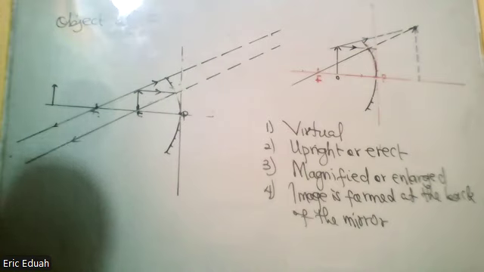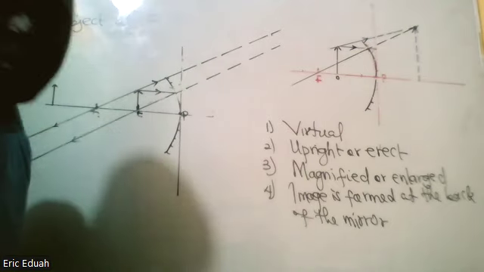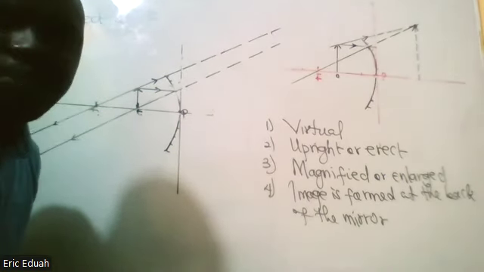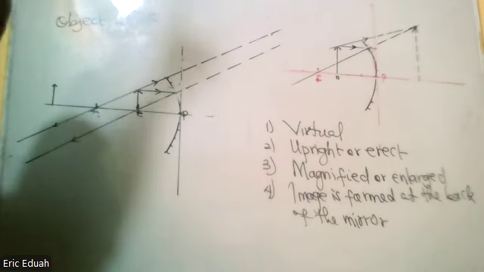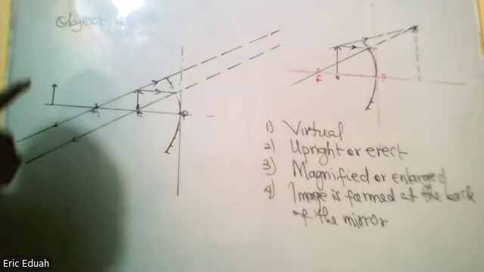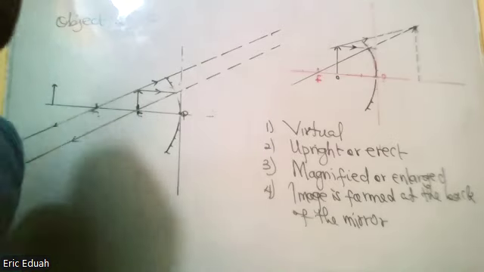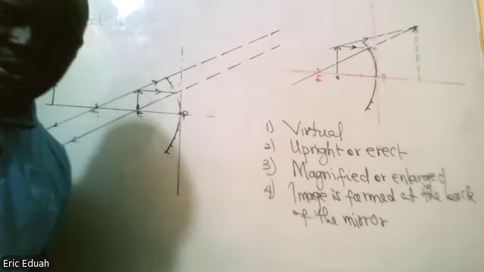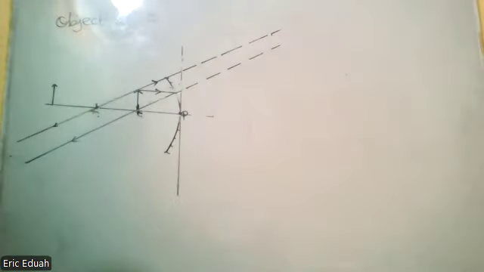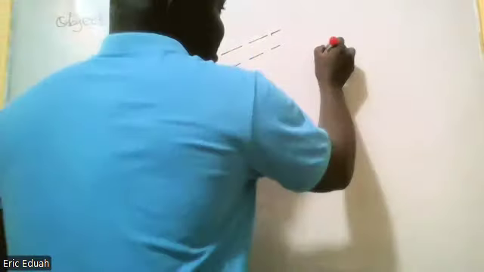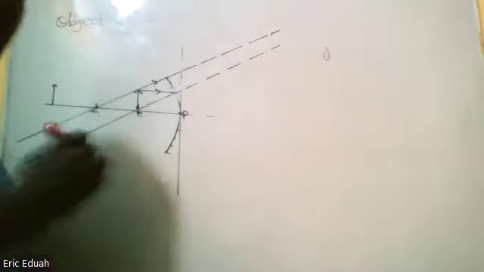Now, when reflected rays are parallel in nature, then it implies that the final image will be formed at infinity. Why will it be formed at infinity? Because the two reflected rays are parallel, the image will be formed at infinity. So the conclusion is that when an object is placed at F, one image